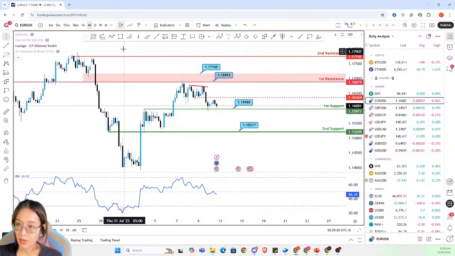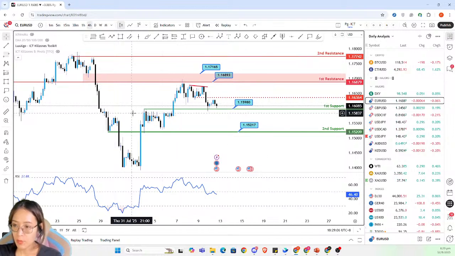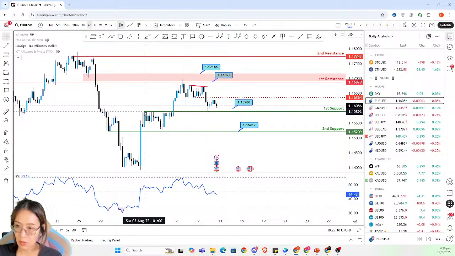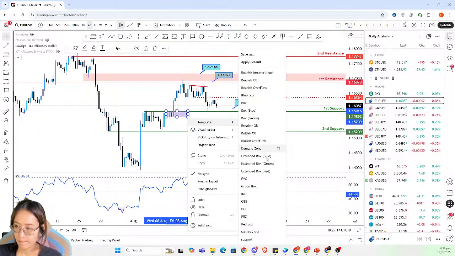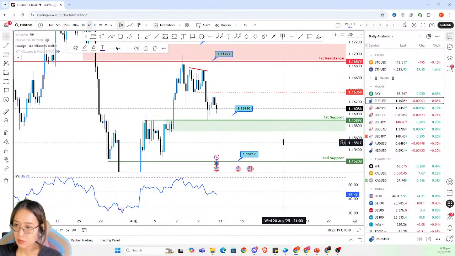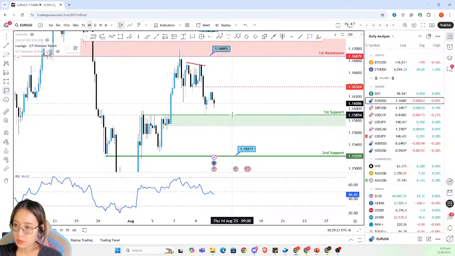Slightly below here, you have another order block. Okay, so I might slightly change because you can see the price might seem to go down. I will map here and highlight the zones. Right, it will look like that. I will move down the zone. This is going to be my